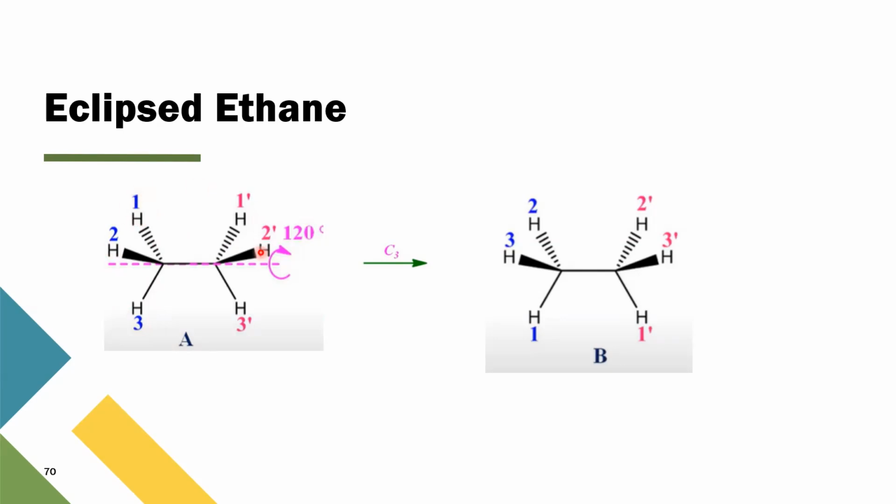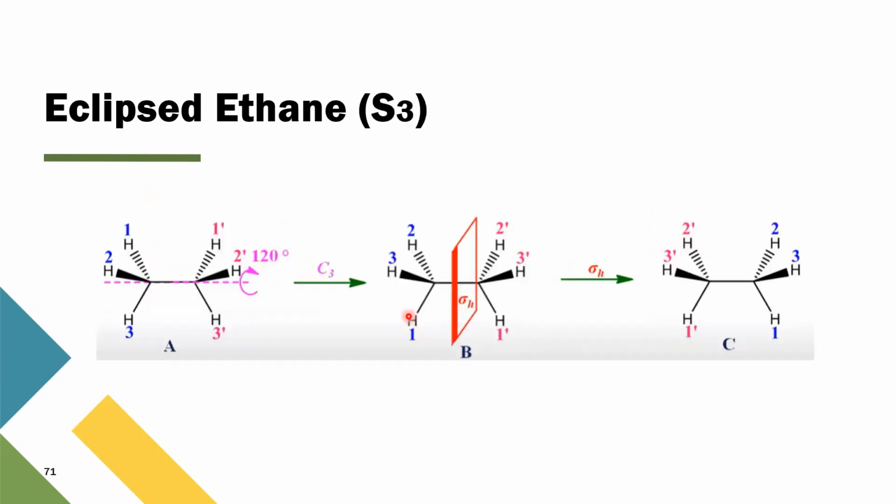Similarly, 1 prime goes down, 2 prime goes up, goes inside, and then 3 prime comes here. Then you do a reflection through the center of the molecule perpendicular to the C3 axis and you get the indistinguishable orientation. Okay, so it has S3